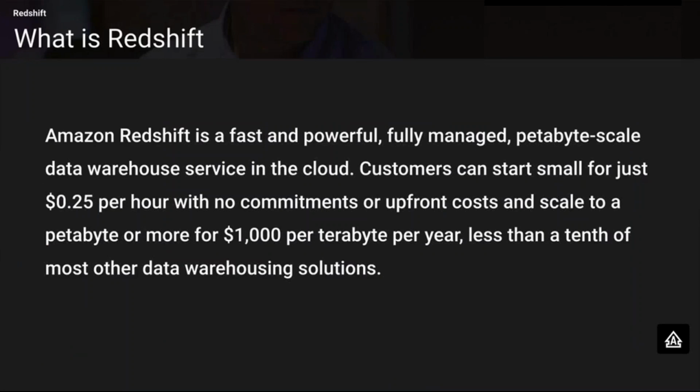Now, I'm sure that since we have been working in the IT industry, you might or might not have heard about data warehousing tools, or business intelligence tools as we call them. There are many in the market, specifically Jaspersoft, Microsoft SQL Reporting Services, IBM Cognos, Tableau, Informatica, and then we have Hyperion and Brio from Oracle. So there are a lot of tools that each of these companies has in terms of data warehousing. Similarly, Amazon has also created its own data warehousing tool, and that is called Redshift.